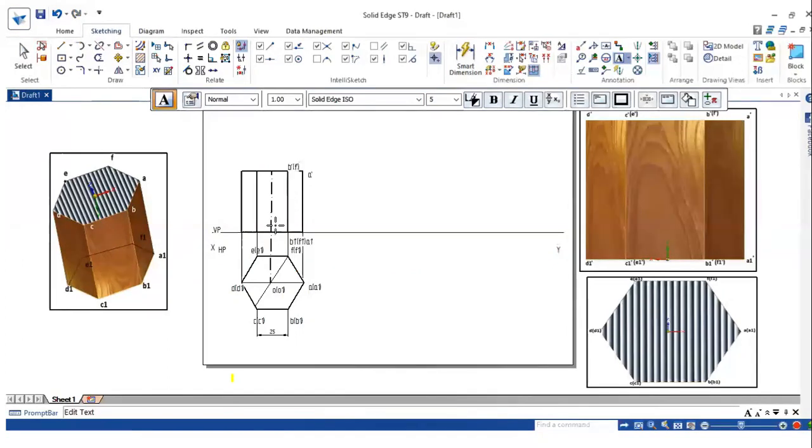Here O1 dash is hidden as well as O dash. Again C1 will be visible to me, C1 dash in bracket E1 dash. Again at the top it is C dash in bracket A dash. Again D1 dash is visible. Again D dash is visible to me. So this completes the first position.